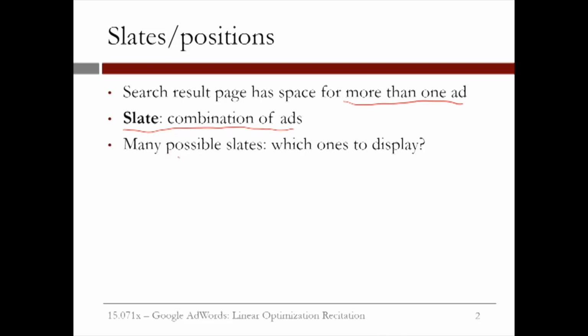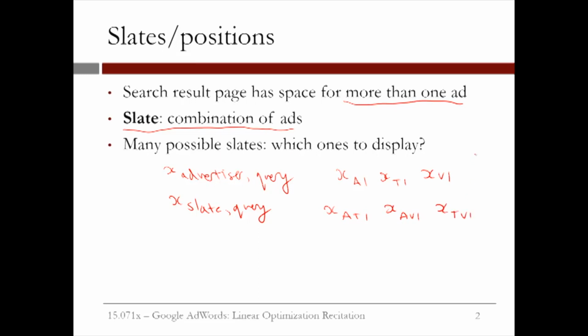Before, our variables were defined as x of a given advertiser and a given query. But now we would instead define them as x for a given slate and a given query. So for example, for a wireless service provider example, if we had two spaces on a results page, then for query 1, we'd still have XA1, XT1, and XV1, where here, for example, XV1 is the number of times that we display Verizon with query 1. But we would also have XAT1, XAV1, and XTV1. Here, for example, XAV1 represents the number of times that we display the slate containing AT&T and